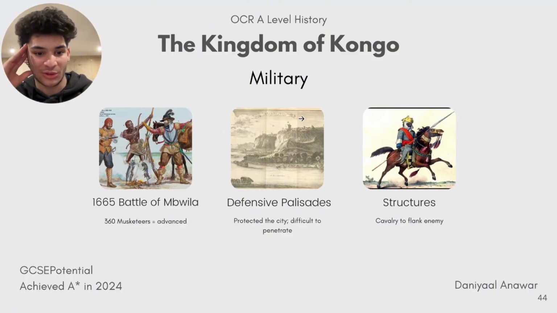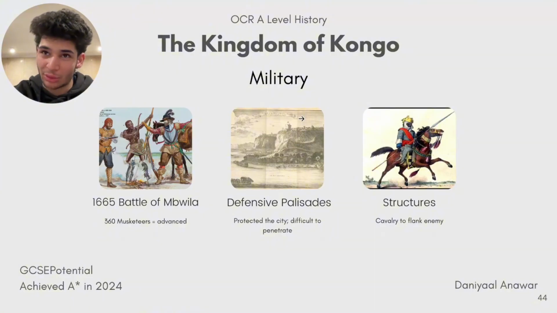So to have 360 musketeers is quite an advanced thing. So the military was very advanced in Congo. The second thing was defensive palisades. So I think 3 defensive palisades were established within Congo. Defensive palisades means sort of just like defensive fortresses, and they protected the city, which meant it was very,